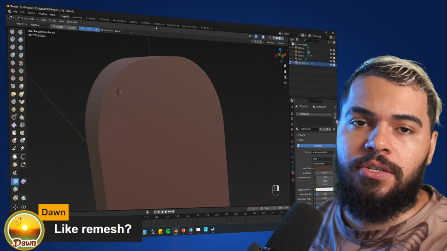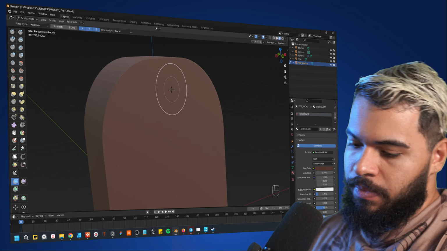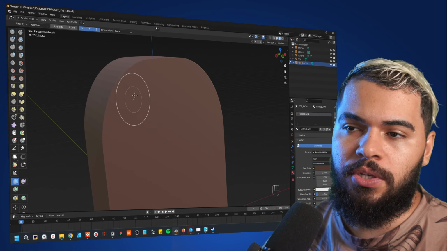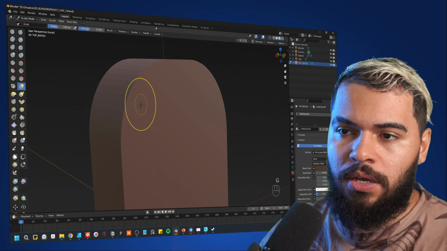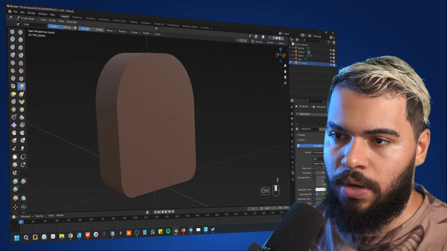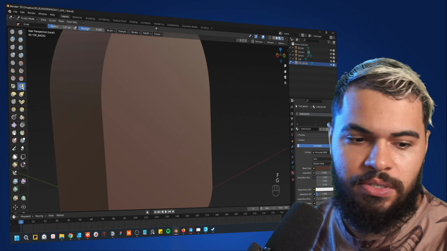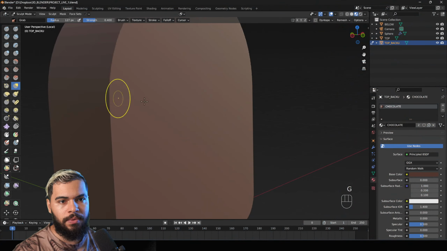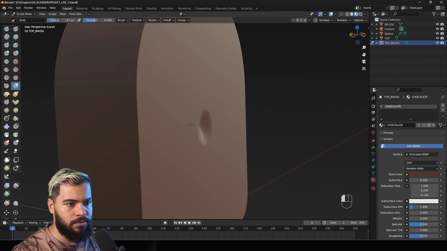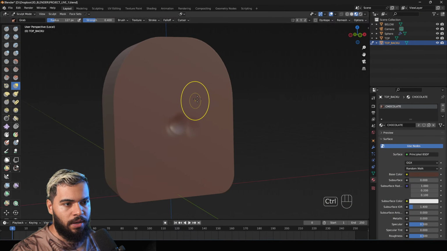Why? Because to work with sculpt, let me grab my tablet here. To work with sculpt, you succeed more if you are using more polygons. Let's say that you want to add a mouth here. Let's try. I will press G, which is the grab tool, and then I can move this inside. Look, can you see? I can move.